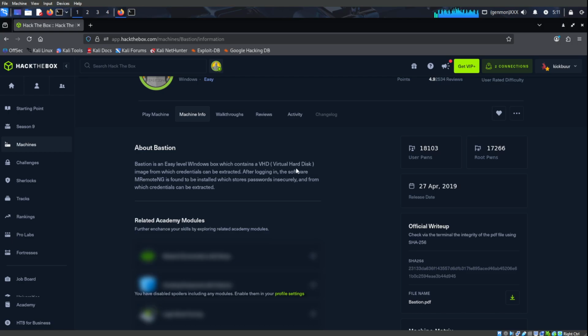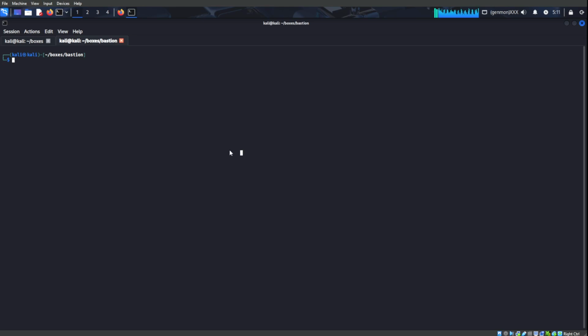But after we log in, we can actually find an application called mRemoteNG, which you can extract the hash from, from the administrator, and you can easily crack it with some Python tool which was created to crack mRemoteNG files. So first of all, if we just ran an Nmap scan, I will just show it,